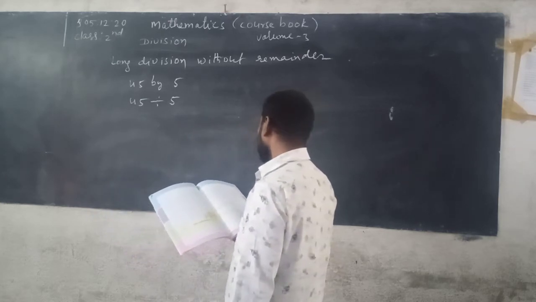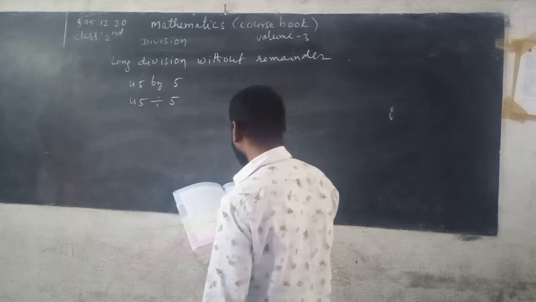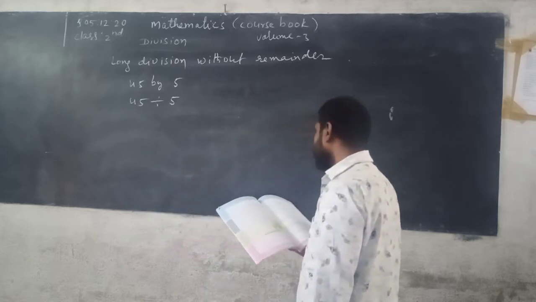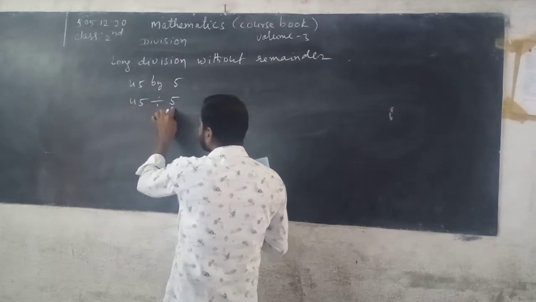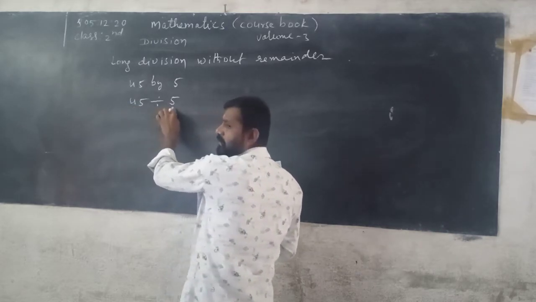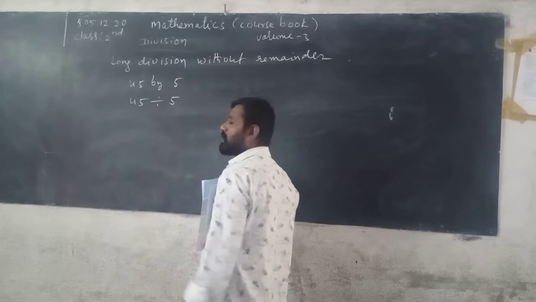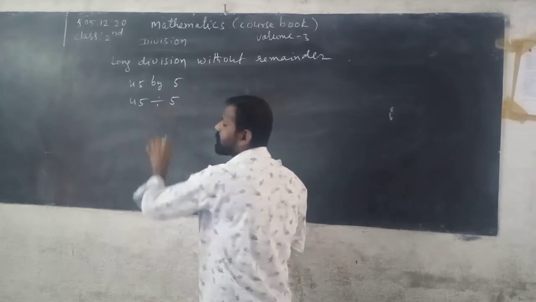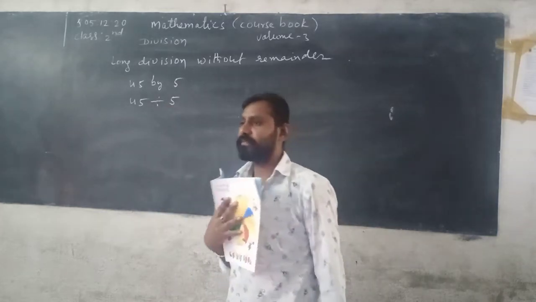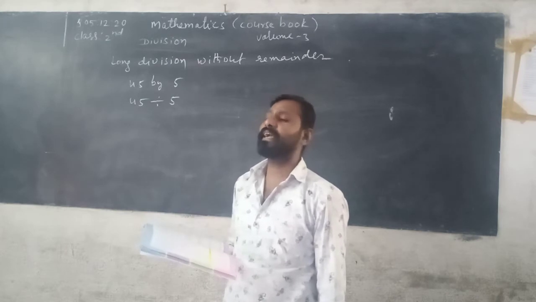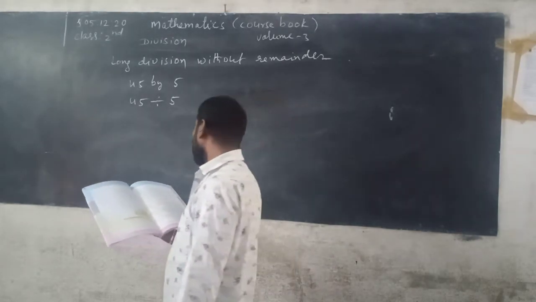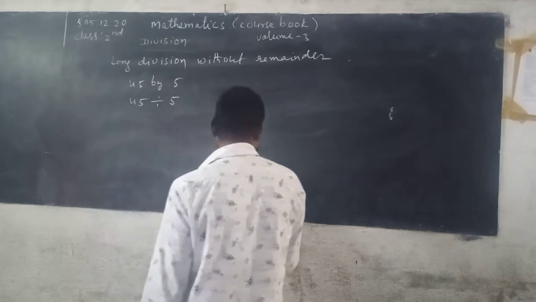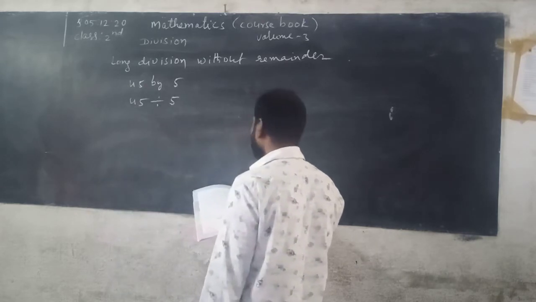To divide, we search for the dividend in the multiplication table of the divisor. This is called the dividend. This is called the divisor. So you can read the multiplication table for the divisor. Divisor means 5, so you read the 5 table. 5 9s are 45. So when 45 is divided by 5, look into the table of 5.